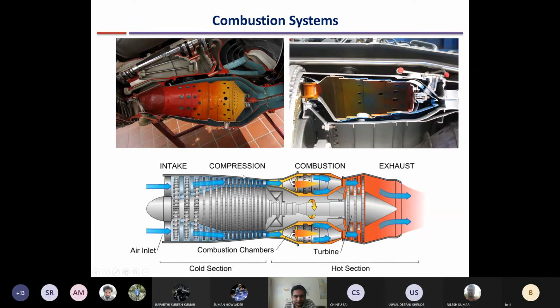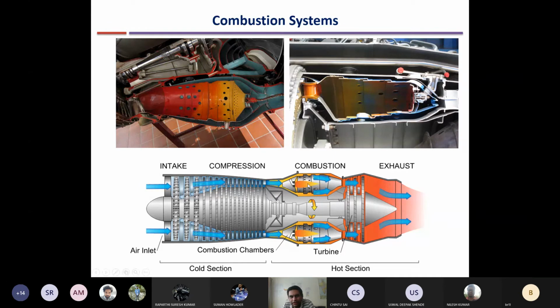So we know that between the compressor and the turbine there exists the combustion chamber, and this is needed to increase the enthalpy of the fluid by adding heat by burning some aviation fuel. This heat addition is required. Otherwise, you will not be able to get any work output or any thrust. So, work output in the case of industrial gas turbines or thrust in the case of jet engines, if you do not add any heat to the cycle.